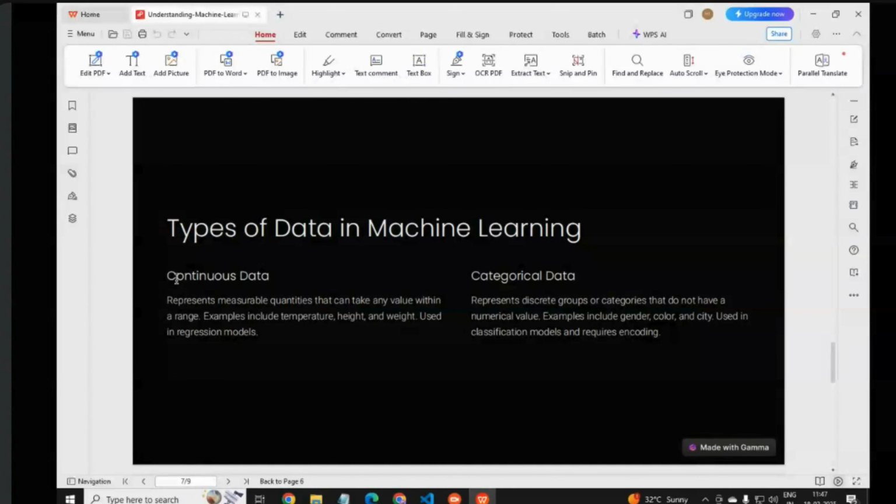So the next is ratio data. The second type of continuous data is ratio data. It has a meaningful zero, and ratios between values are meaningful, like weight, height, distance. If I said 0 kilometers, what would you say? No kilometers. I want to go 0 kilometers, so you have to stand in the same place.